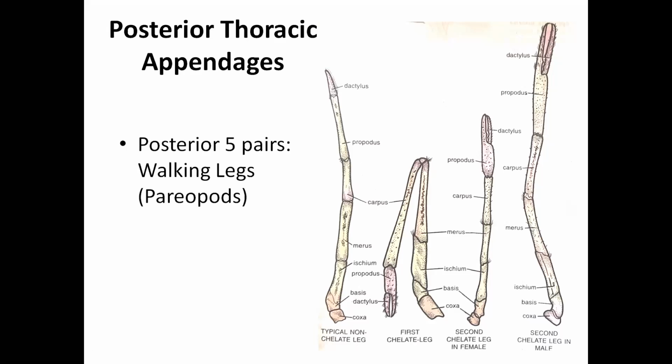There is a first pair of chelate legs and a second pair of chelate legs. The second chelate leg in the male is much larger and stronger as compared to the second chelate leg of the female. So this is the second chelate leg of male, and this is the second chelate leg of female. And here you can see that this is the